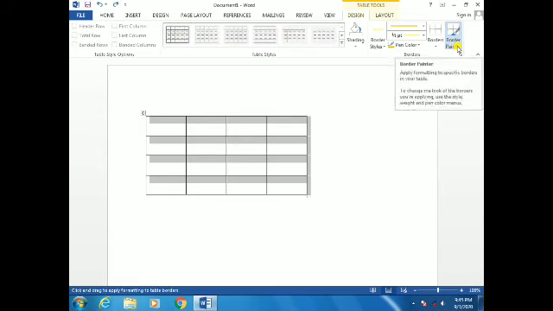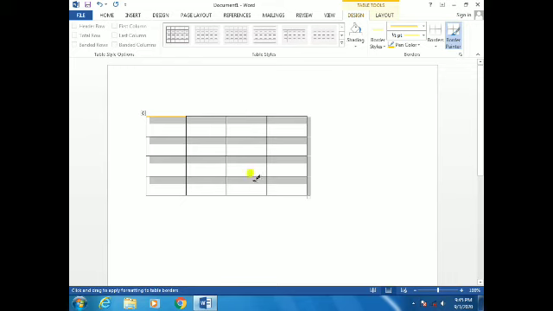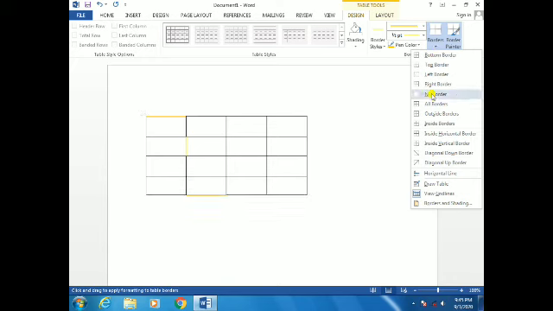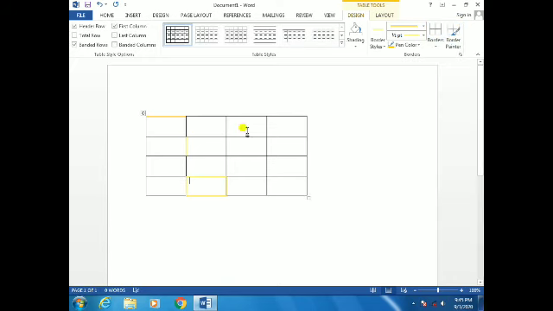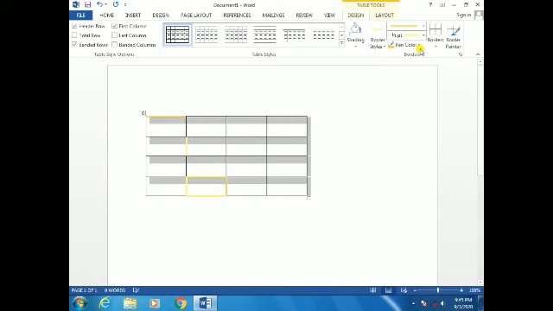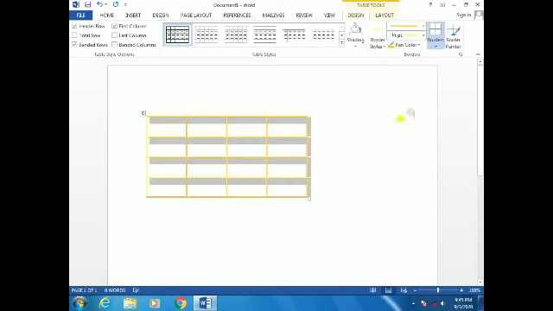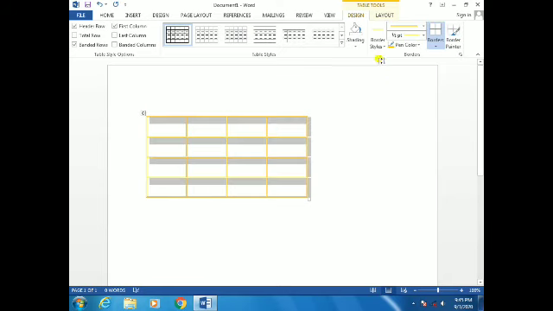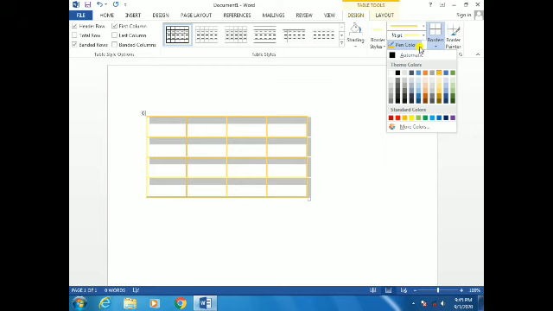After that, this is the very important thing, the pen. Okay, select it, go and touch the line. Touch the line and click anywhere where you want to give the line design. But if you want to give all borders, then go to the border and select all borders first. Here you can see all the lines will come the same way. No need to go one by one. If you click on all borders, whatever border lines are there, the design will come on everything.